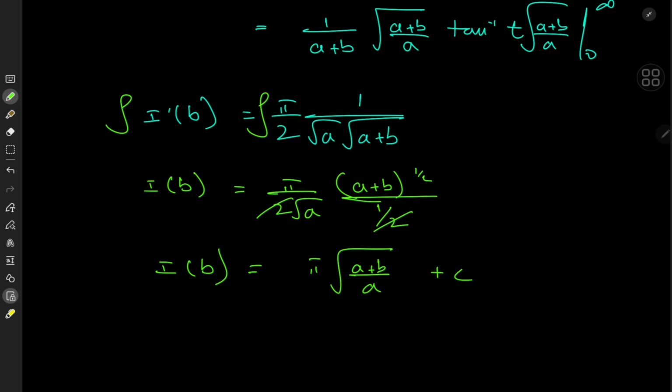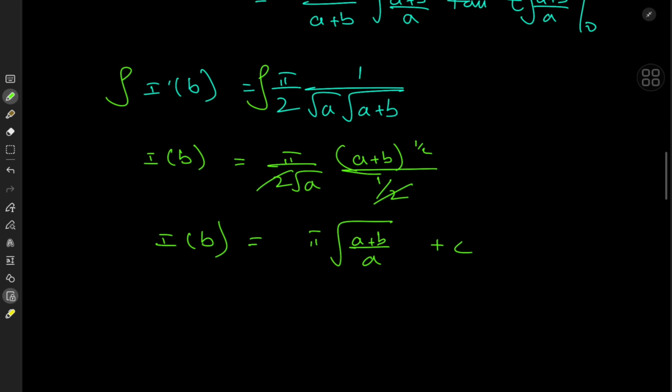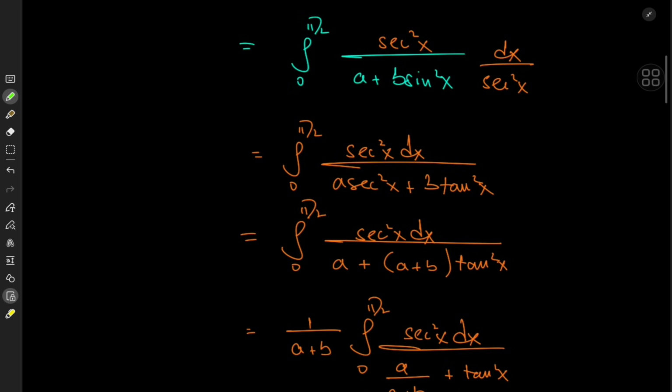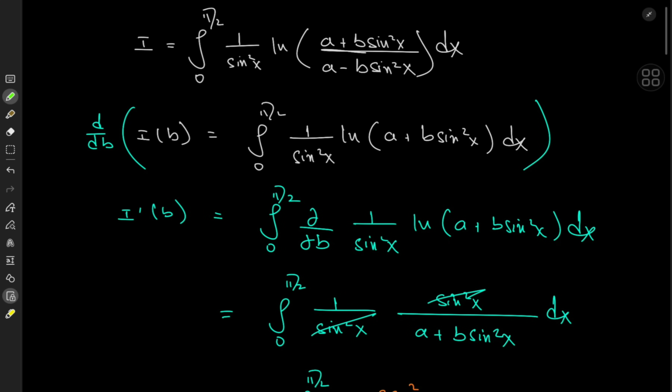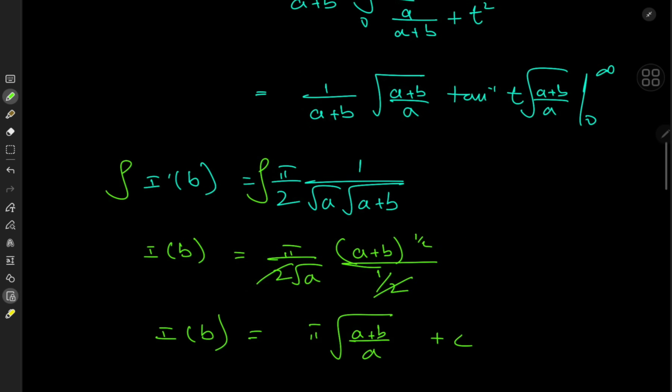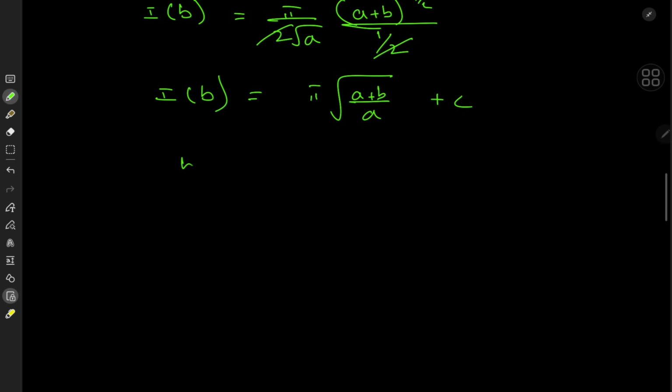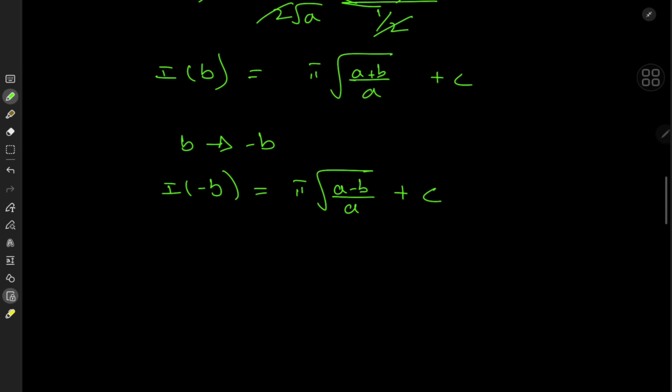should calculate, or maybe not, because another half of the function would be, well, I of b, but b being replaced by negative b, so we're actually interested in I of negative b as well. And we can subtract the two results and use the linearity of the integration operator and, of course, log properties to get the target integral. So because this is just a constant of integration, I can shift from b to negative b, meaning that I of negative b is in fact equal to pi times root a minus b over a plus c, and the